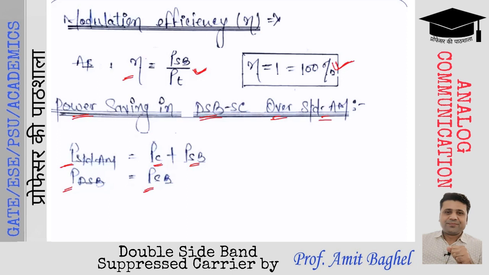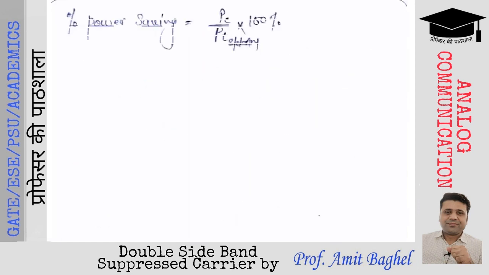Hence, the power saving in DSB is how much? It is PC. पावर सेविंग कितनी है? स्टैंडर्ड एएम सिग्नल पावर माइनस डीएसबी सिग्नल पावर, सो द पावर सेविंग इज PC. PC पावर आप सेव कर पा रहे हैं, जो कि वेस्ट हो जाती थी पहले. और अगर इस पावर को हम परसेंटेज टर्म्स में कैलकुलेट करना चाहें तो द परसेंटेज पावर सेविंग मस्ट बी इक्वल्स टू हाउ मच? परसेंटेज पावर सेविंग, दैट मीन्स सेव्ड पावर डिवाइड बाय the total power which was used in the case of standard AM.